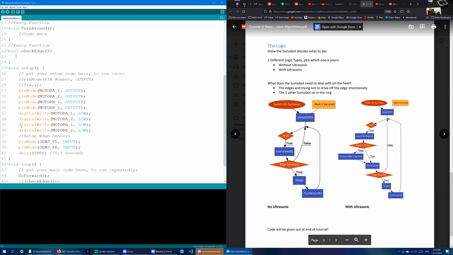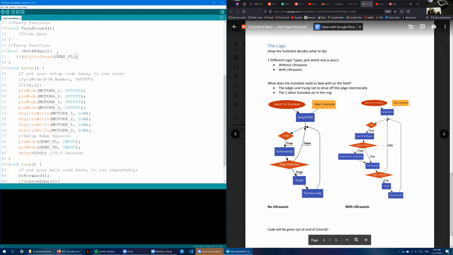I'm going to make it even simpler. If digital read, and then we're going to read the pin, and we're going to use front left. If digital read front left, so basically if this function equals, since it only returns a 1 or a 0, it makes it quite handy because in C,